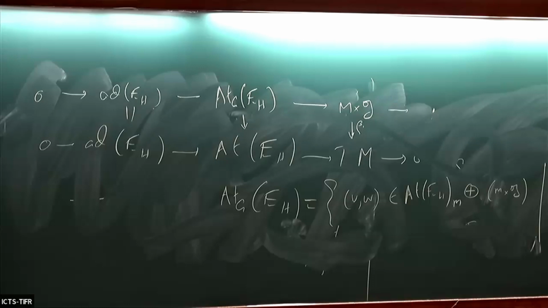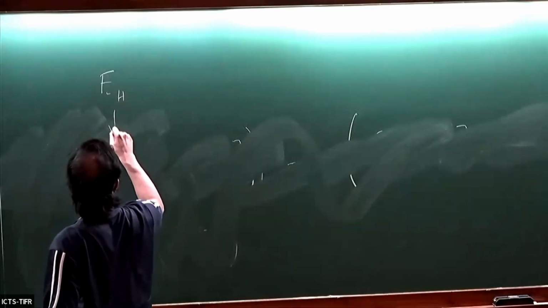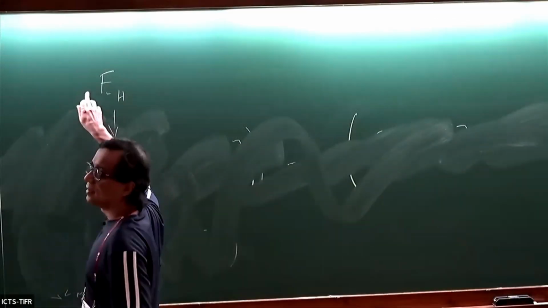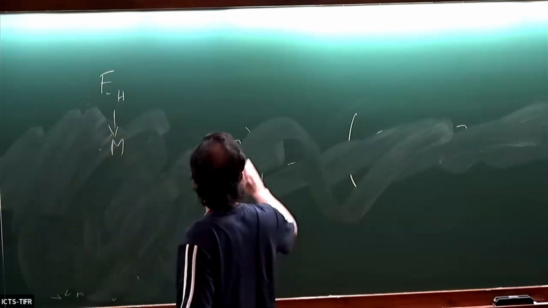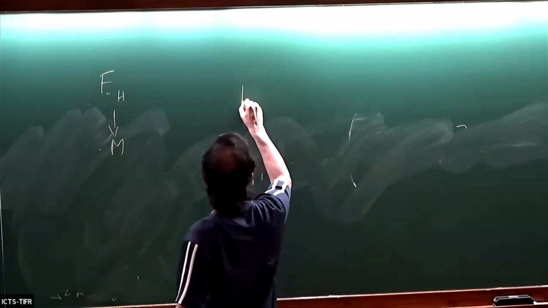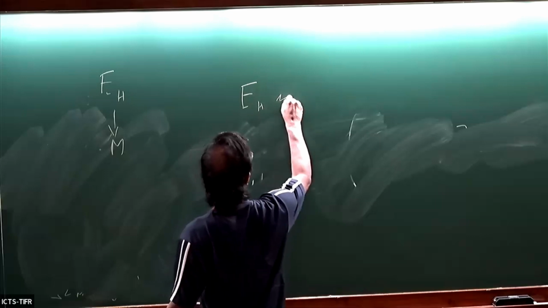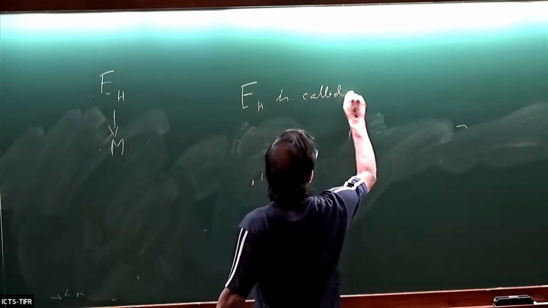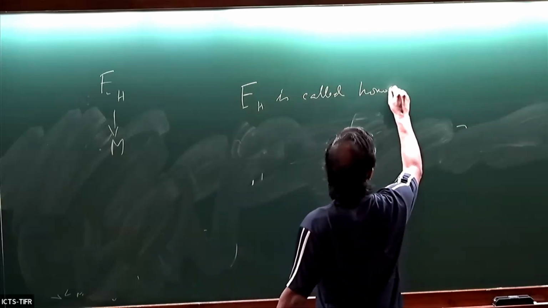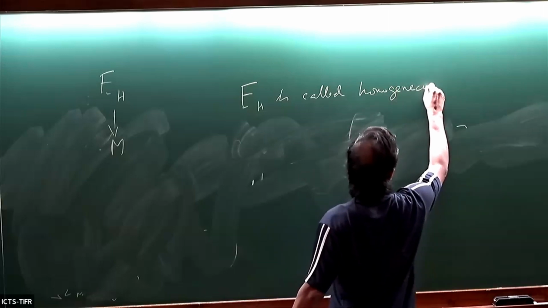So, criteria for a bundle to be homogeneous. Recall that EH is a bundle on M and G is acting on M. Definition: EH is called homogeneous if